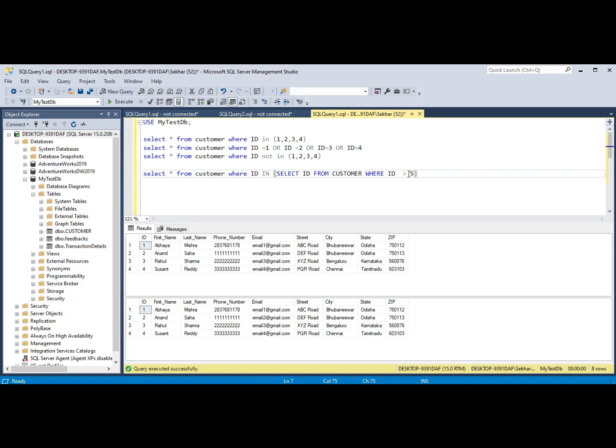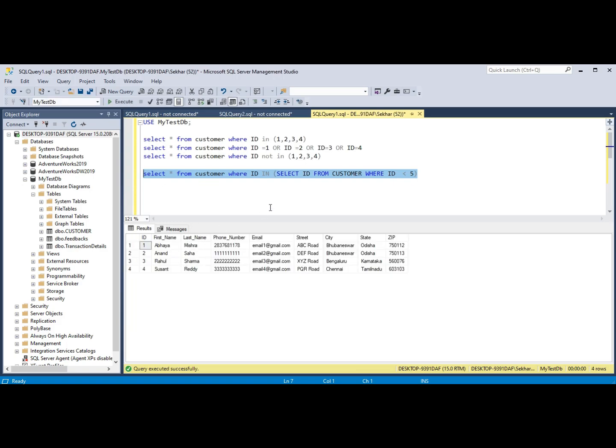Or rather, we will not write greater than, we will write less than. In this case also it will give you the same result. Here the section of the query inside the bracket is the inner query, which is passing the result to the outer query through the IN clause.